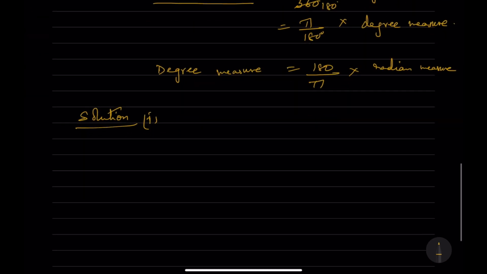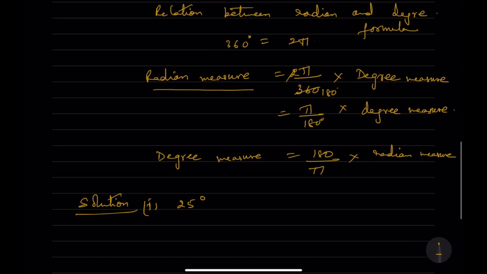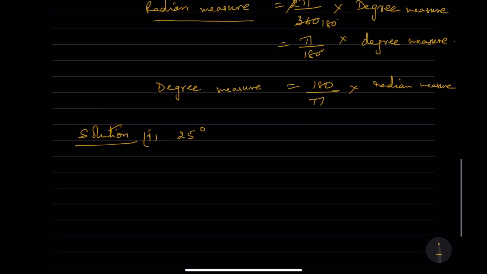So for 25 degrees, what is it? We'll see. 25 degrees, you know that the formula here is radian measure is equal to, wherever the degree measure is there, this is the degree measure which is given to us. So we can write here the radian measure is equal to,